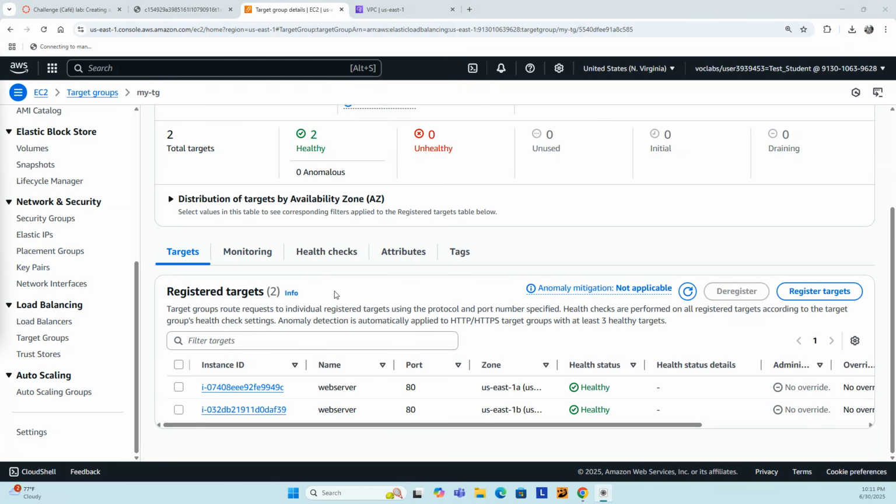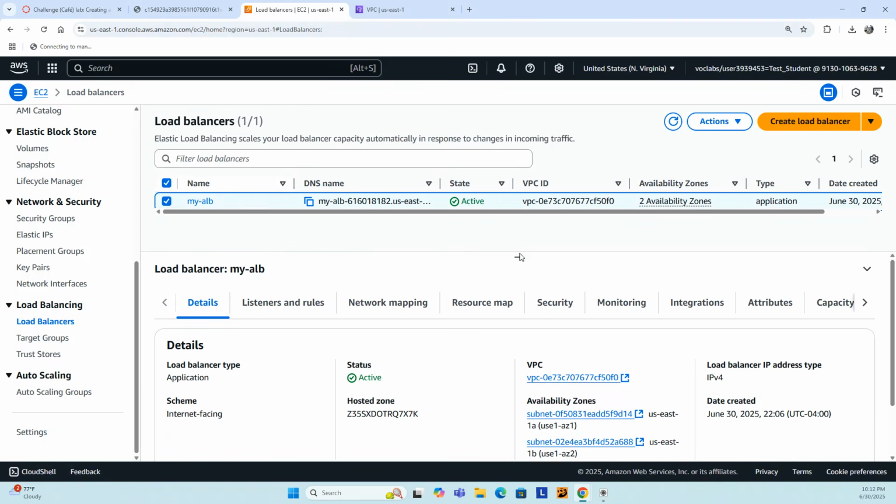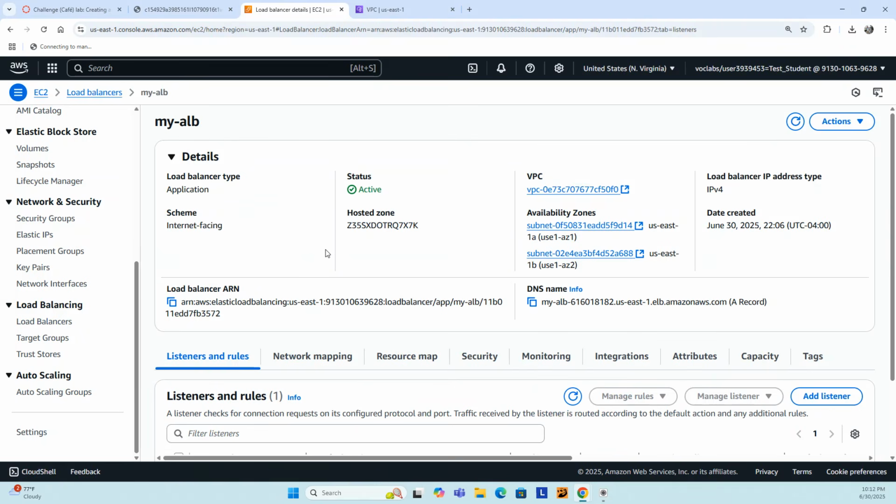Now let's go ahead and test out the web server through the load balancer. So let's click on load balancers and click on My ALB. So this will display the detailed information of my application load balancer. I'm more interested in the DNS name. Let's copy it